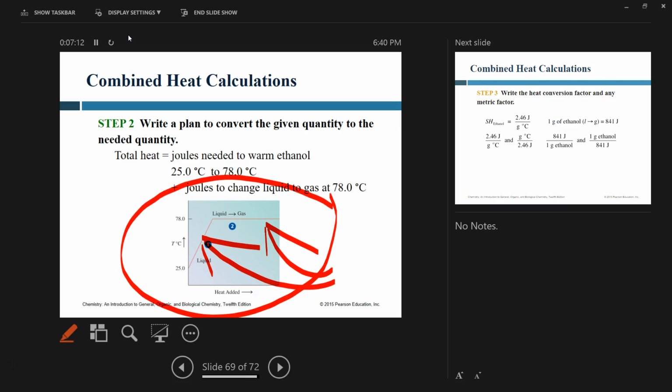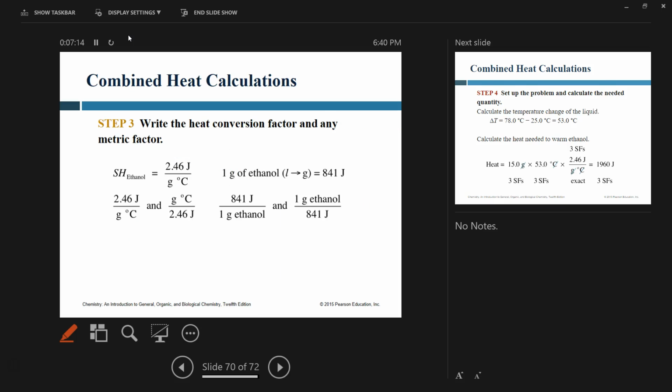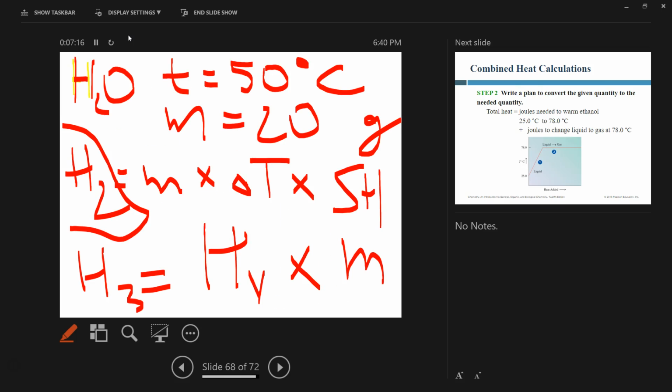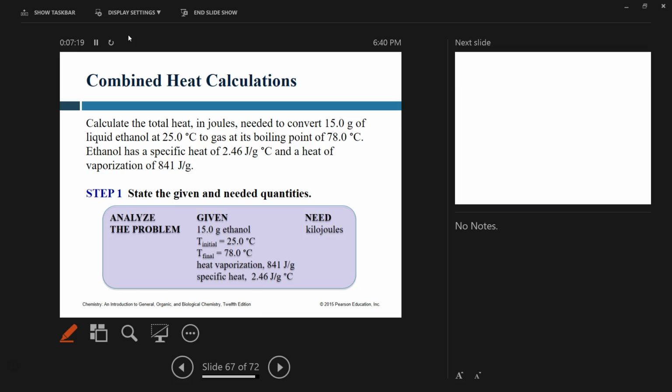So that's basically the whole combined heat calculation shown in this problem. We can try to just go through the slides. I tried to do it all together. We're going to do the combined heat calculations during the lab, all right? So you have 15 grams of ethanol, which is liquid, at 25 Celsius